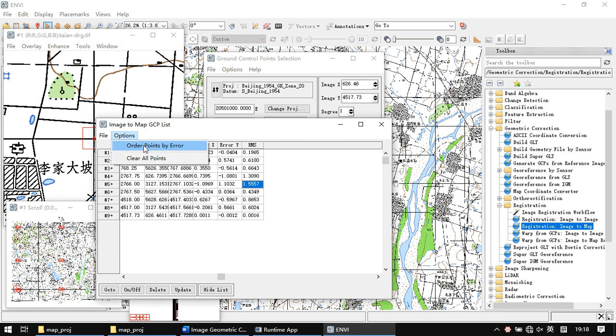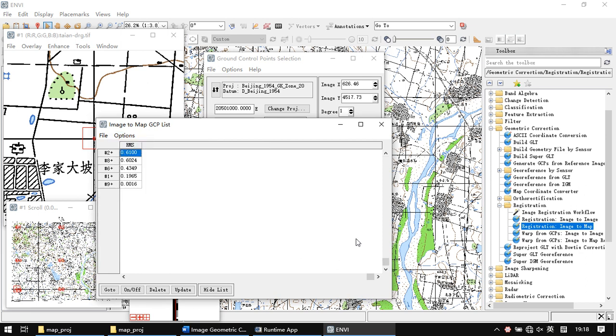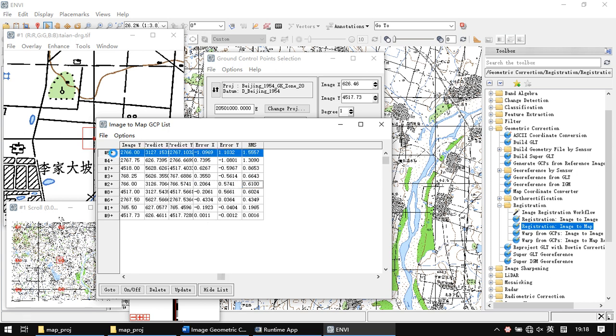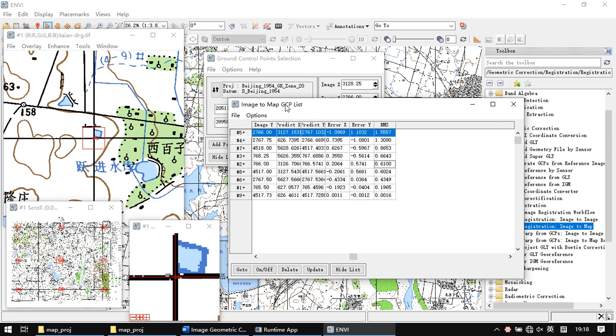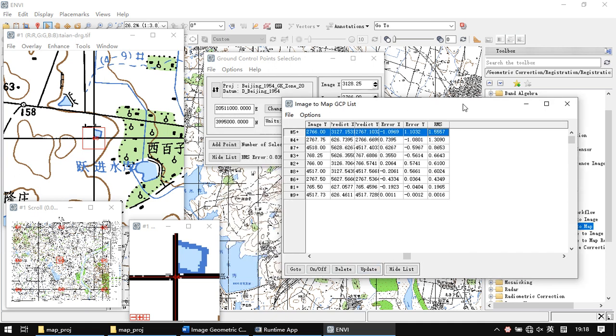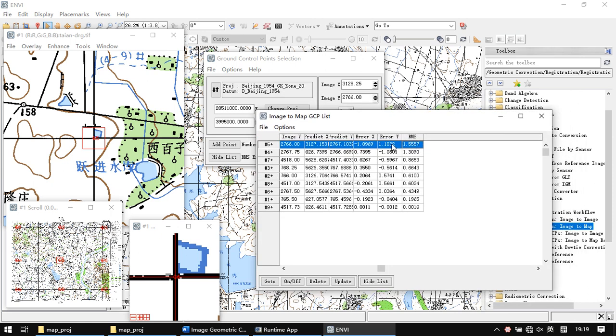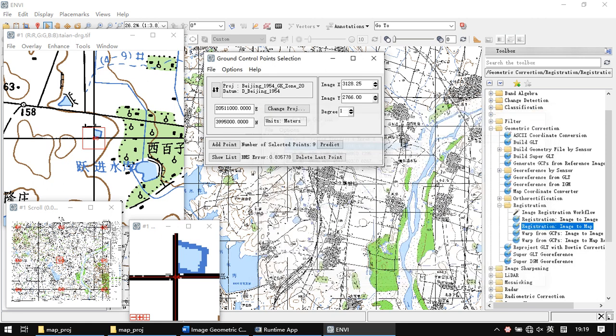We can alter points by error, and we find the largest RMS is more than 1 pixel. We can delete it or update it, but for saving the time, we will not alter this anymore. Okay,